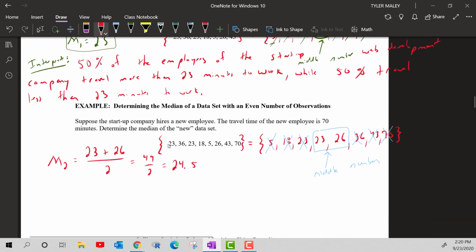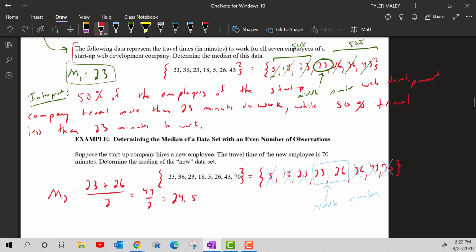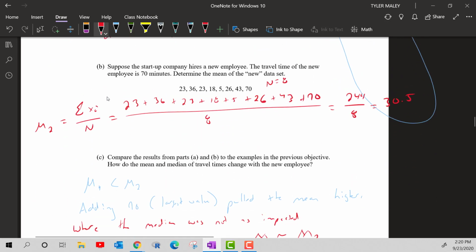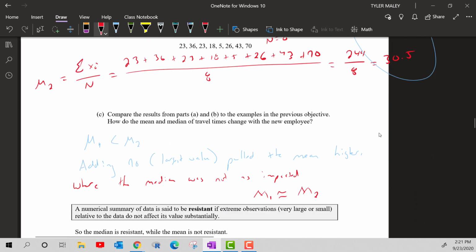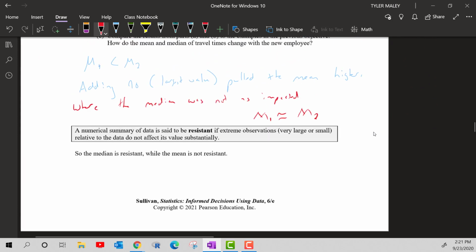We're just noting that this 24.5 and 23 are about the same, where the mean seems to be impacted more by adding in that one number. So we could say that just one extreme value, the number 70, had a big difference